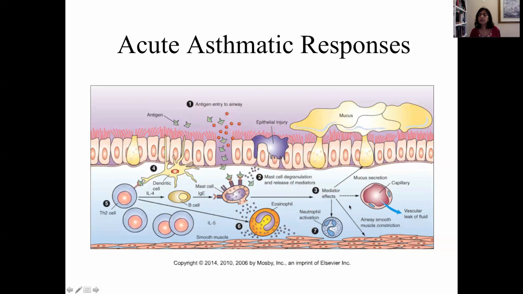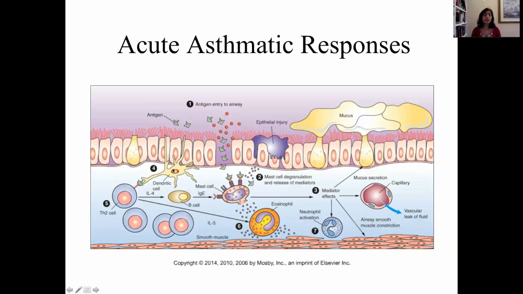Those mediators would cause a number of things. One is the capillary permeability being increased, so leakage of fluid. Another one is the recruitment of leukocytes. All right, so that is mediator effects. Now let's talk about